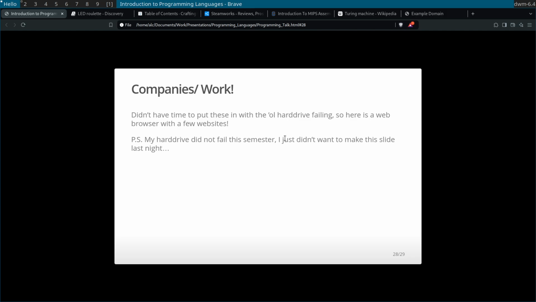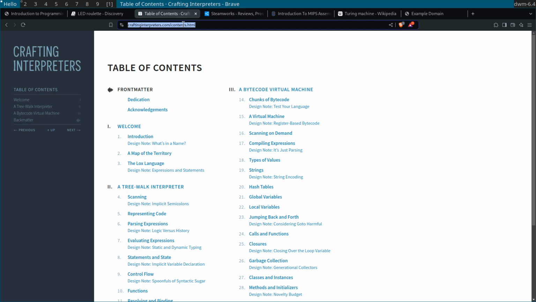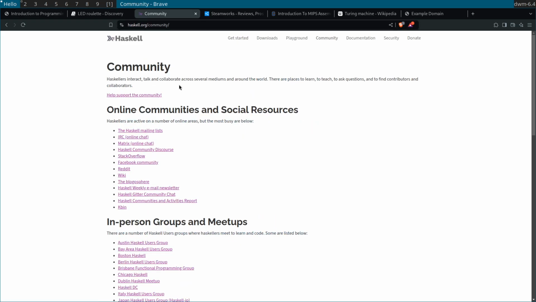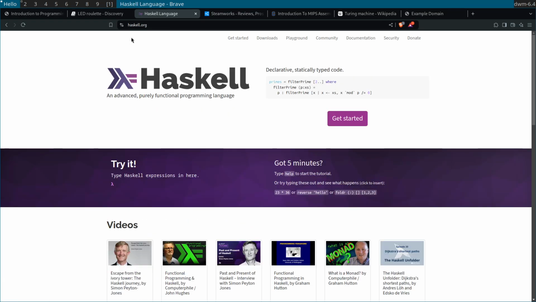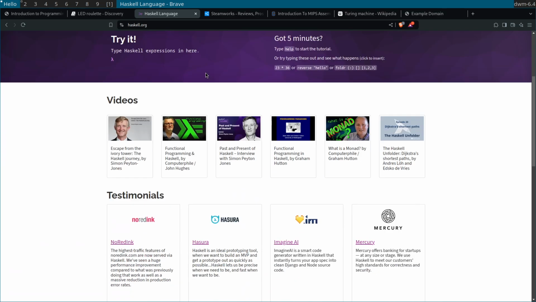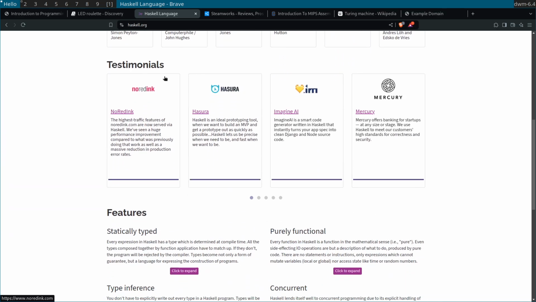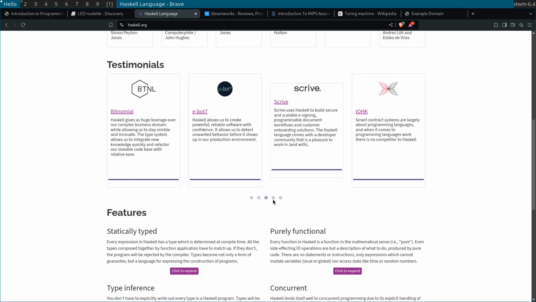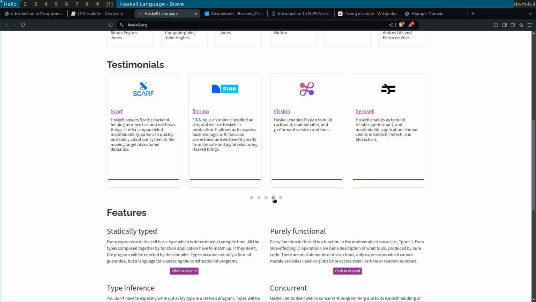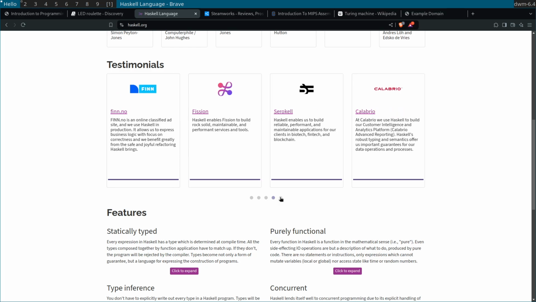But it is nice to just go straight to the internet and see what's going on. So let's go to Haskell's website, the home page. If we scroll down just a little bit, we can see testimonials right here. All of these companies use Haskell in their production code, and they probably make millions upon millions of dollars. If you want a job at one of these places, or you think their testimonial is good, maybe you want to use Haskell.